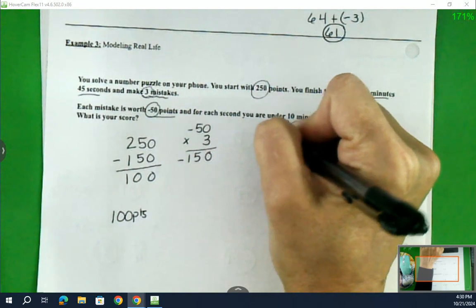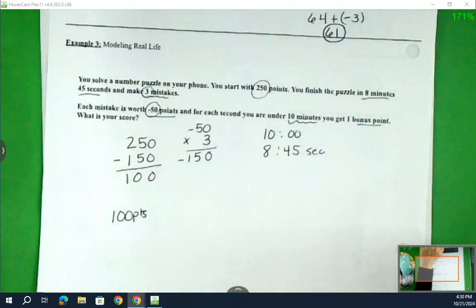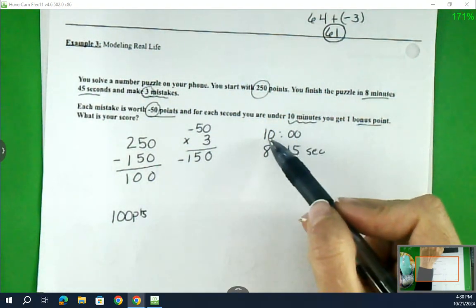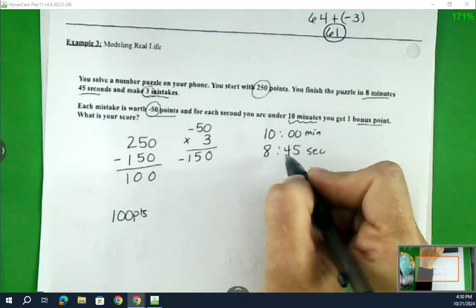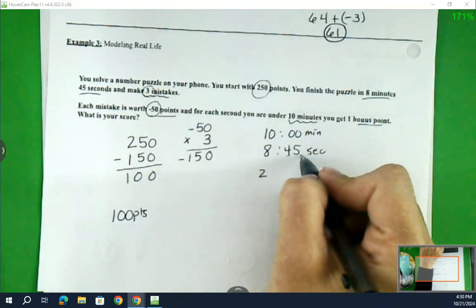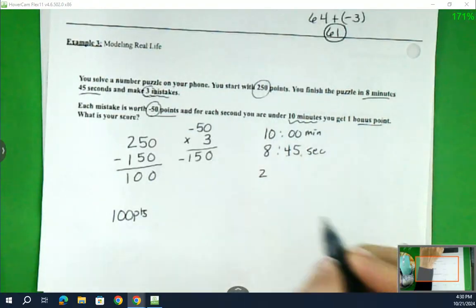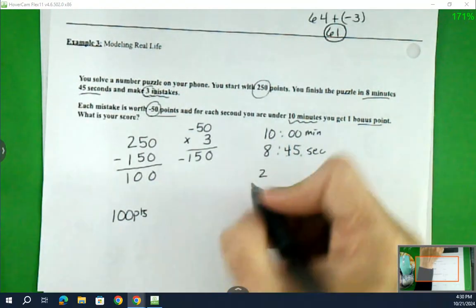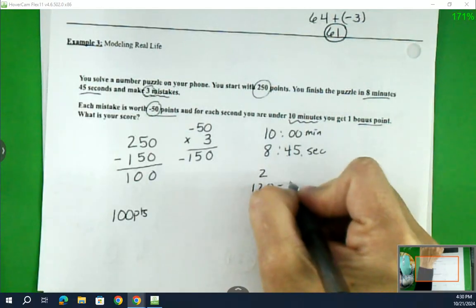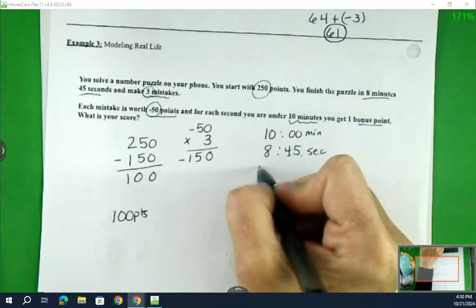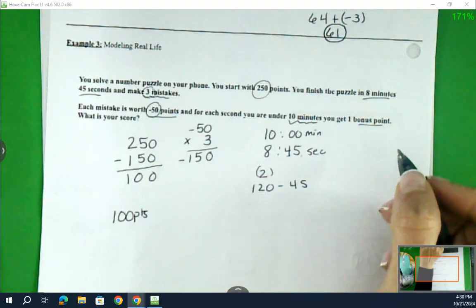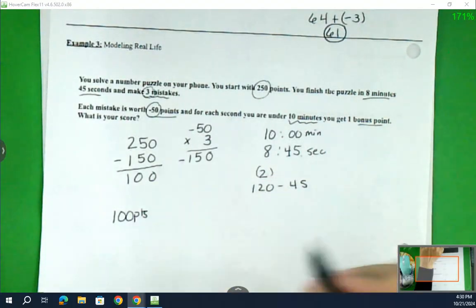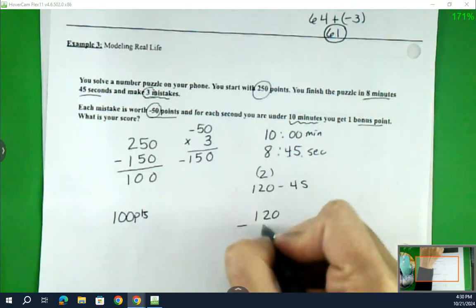So here we had 10 minutes. So 10 minutes minus 8 minutes is 2 minutes, minus the 45 seconds. 2 minutes is 120, minus the 45 seconds, because we're trying to do it all in seconds. So the 2 minutes, remember there's 60 seconds in a minute. So 120 minus 45,